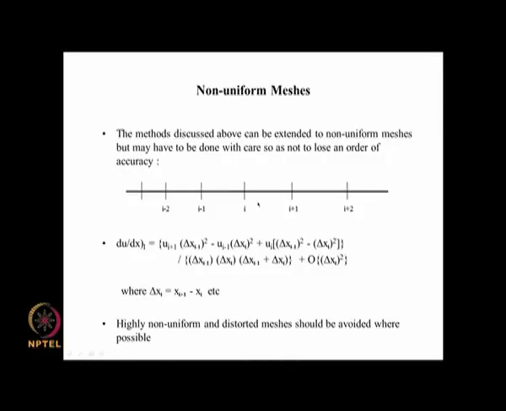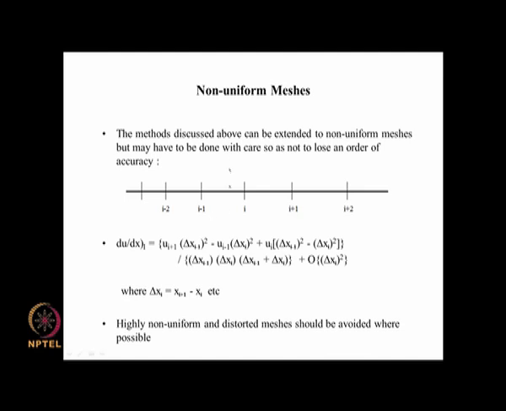So for such a case we can define a delta x, but the delta x is not the same. So we can associate the delta x of node i, we can define it as delta xi as xi plus 1 minus xi. So delta xi here is this distance. You could also say that it is the average from the midpoint of this to the midpoint of this, but this is one definition, and with this definition you can go back to the earlier Taylor series expansions.